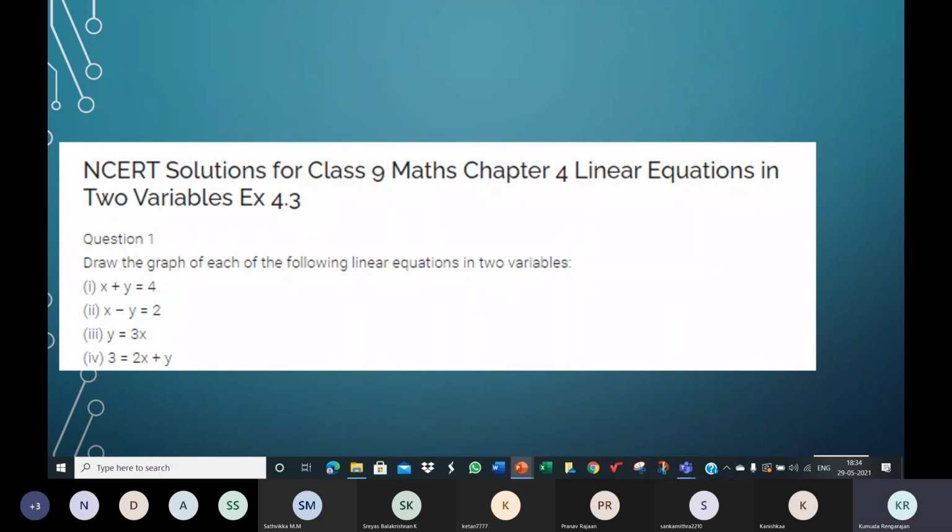Now the second one, what is the second one? X minus 4 is equal to 0? Yes, ma'am. Okay, so x minus 4 is equal to 0. You don't have the y term there. We have the variable x. We don't see the variable y. So when you treat this equation as an equation on 2 variables x and y, this will be a line parallel to the y-axis. We have seen this earlier, children.